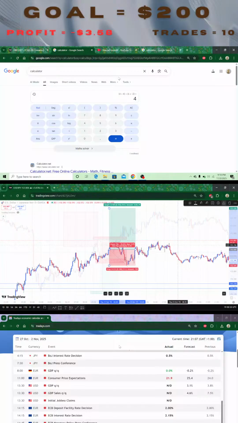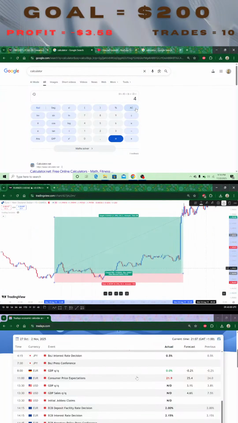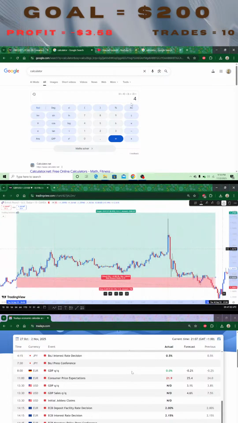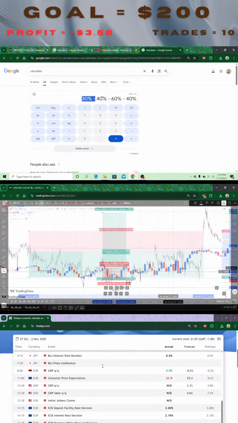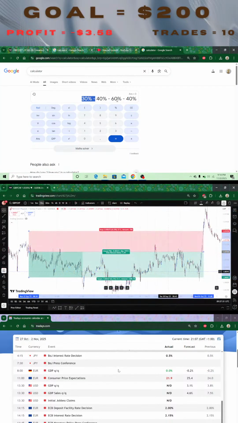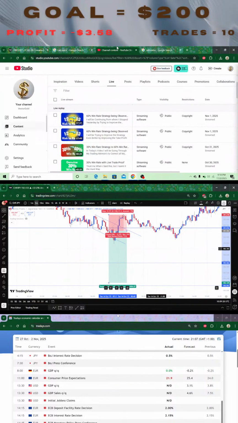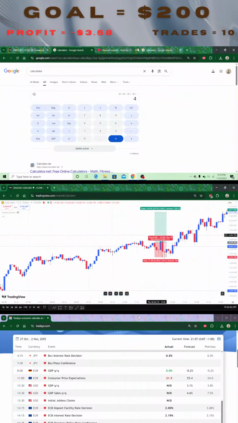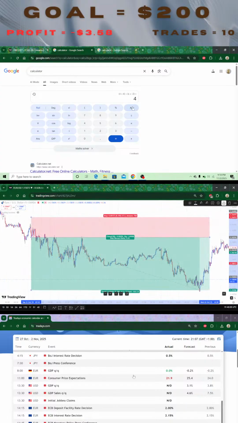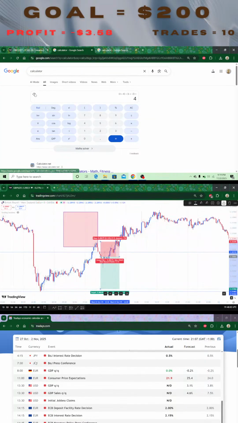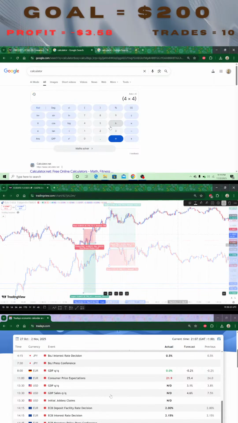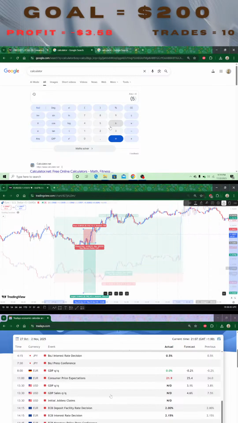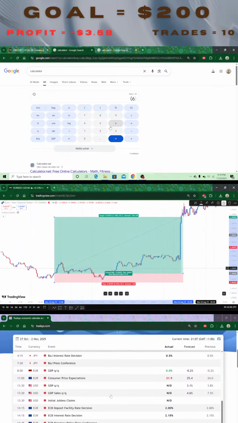But let's move on to the next one. So meaning that this is good so far. This 40% one is the best so far. Let's move to this 60% and see if it's actually good. So for the 60%, that is, this is 6